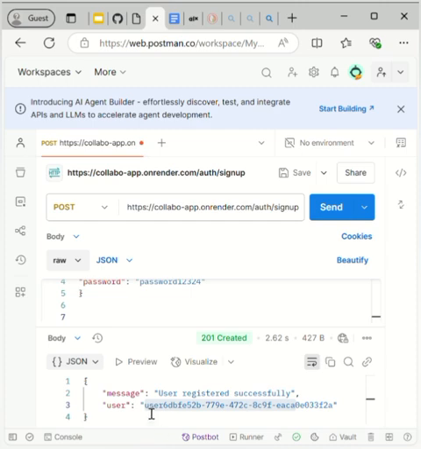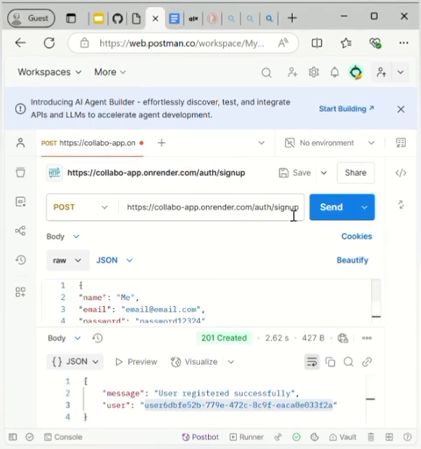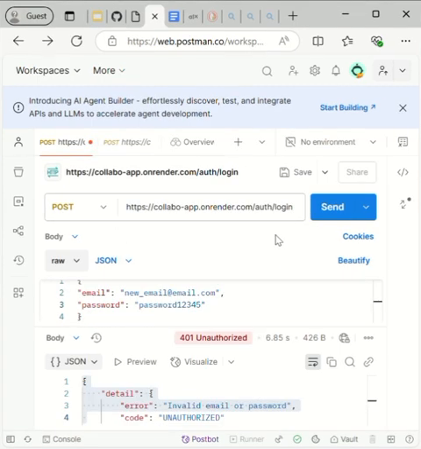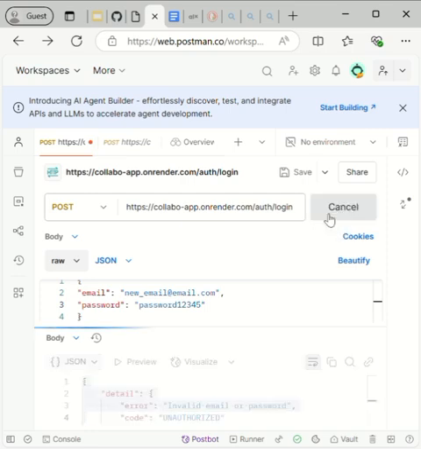Now before we move forward, carefully take our user ID because we need that as we make further queries. Ensure that we query the right user, and now quickly let us log in and we retrieve our access token. So let's go quickly verify our token. So we can receive our access token, our credentials,